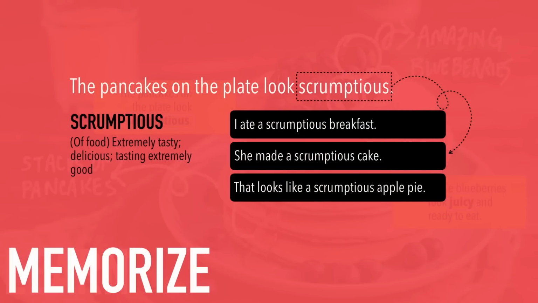Now let's look at some example sentences that use the word scrumptious so that you can remember, okay? Here we go. I ate a scrumptious breakfast. Very good. Next, she made a scrumptious cake. And finally, that looks like a scrumptious apple pie. Okay, so now it's making sense. Remember, in the comment section, I want you to try to make your own sentence using the vocabulary words that you learned in today's lesson, okay? All right, so let's move on to the next